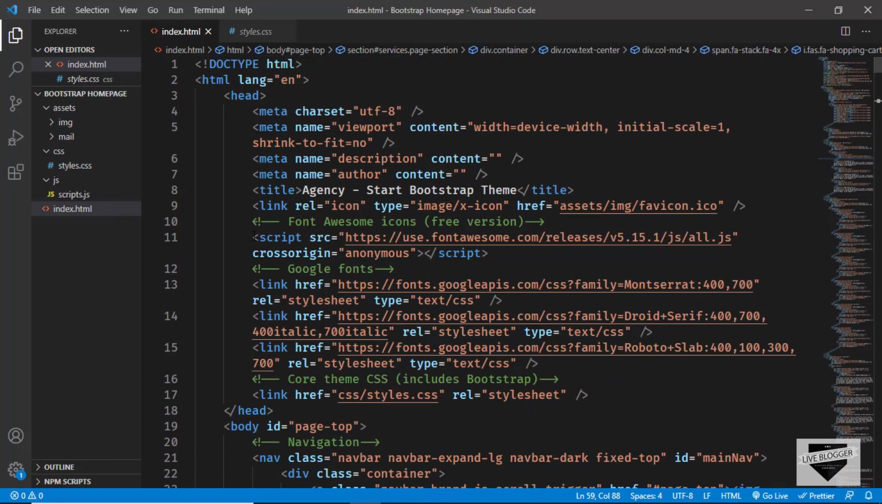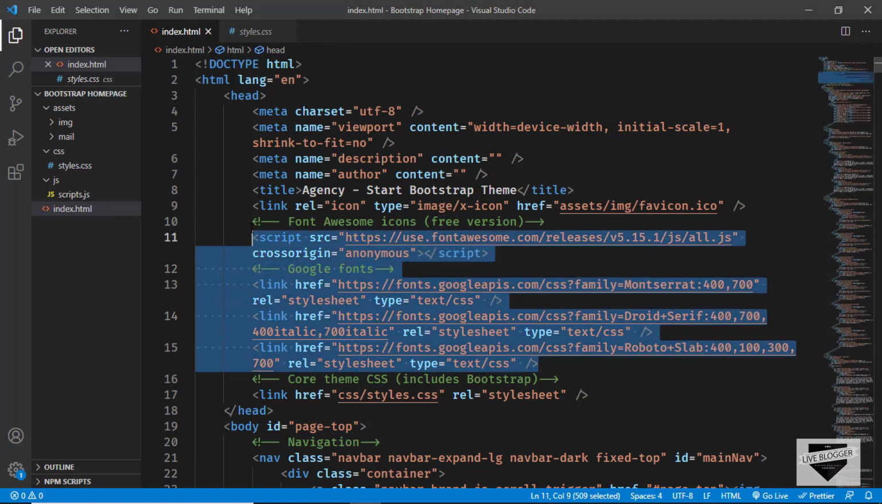So the first one is the link for the Font Awesome. This will provide us all the icons, and then we have the links for the Google fonts. So these are all the links for the Google fonts. So let's copy these lines of code from here, the Google fonts and the Font Awesome icons,